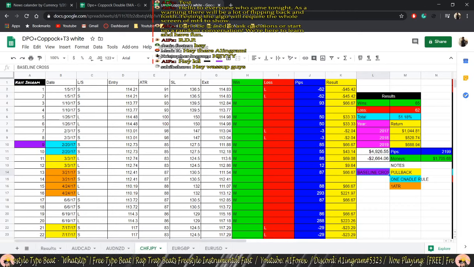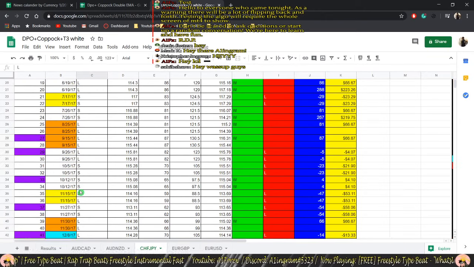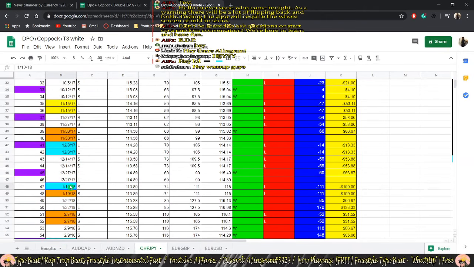So I color coded all these trades, and some trades like this one were a one candle rule and past one ATR. Those kinds of trades I might not take, and I'm doing all this to help build a better algorithm. Once I start implementing little nuances and rules, I'll actually have some history to go off of,